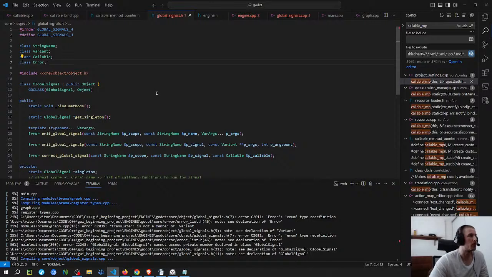This is called a forward declaration, and the reason why you do this is, I think, mainly to decrease the chances of circular imports. Basically this macro here prevents the header file from being included twice.